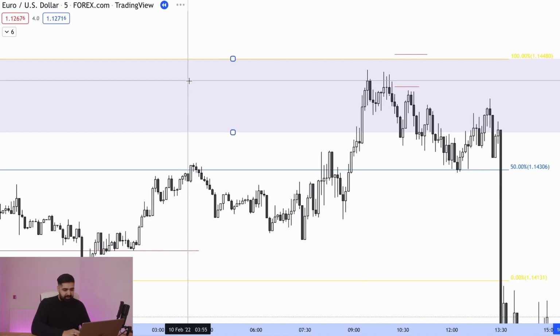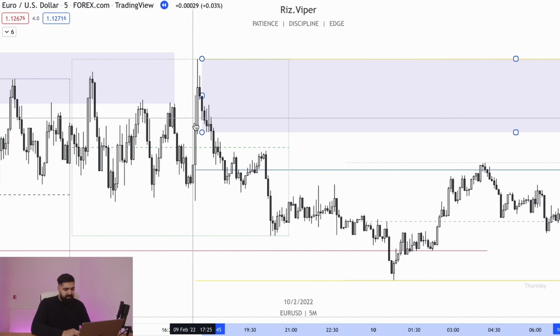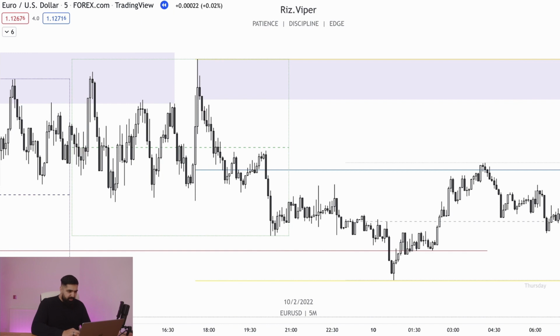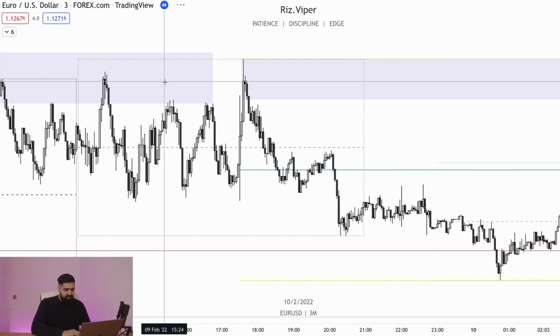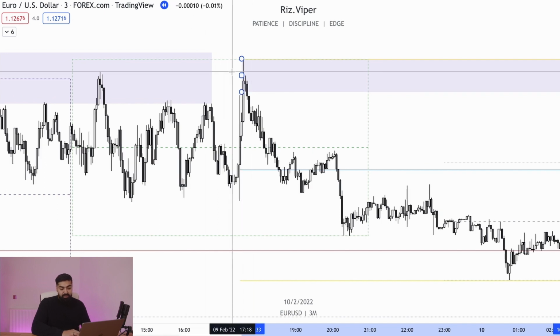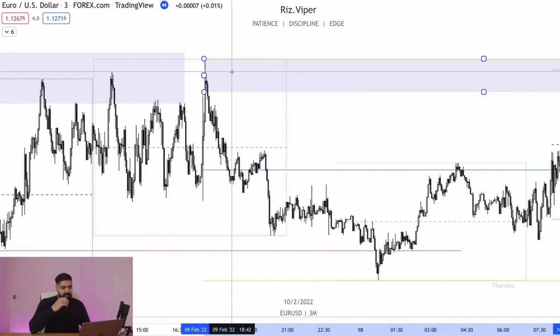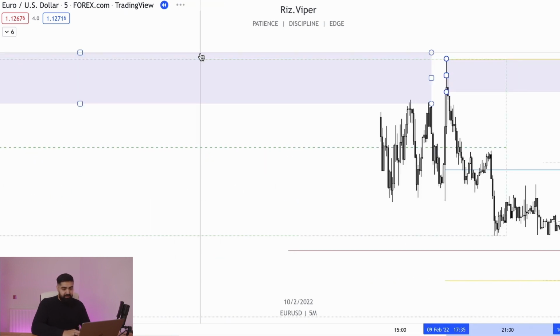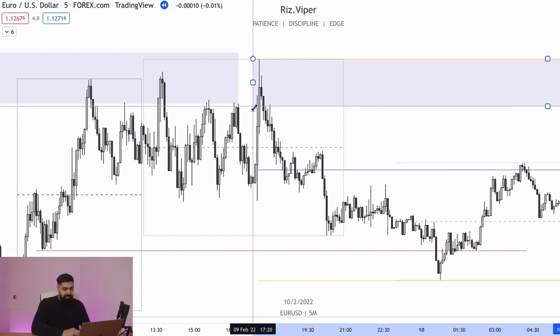As we go down to the 5-minute though, we can see we can refine that down to a very clean 5-minute candle just here. We could probably go a bit lower and see, so like 3-minute for example does refine it just a bit further, and we could continue, but I like to keep the 5-minute. I do get a bit aggressive sometimes, and you'll probably see in future videos a bit more aggressive entries, but in this case the 5-minute was absolutely fine, gives us a good area to work with, and we're still looking for further